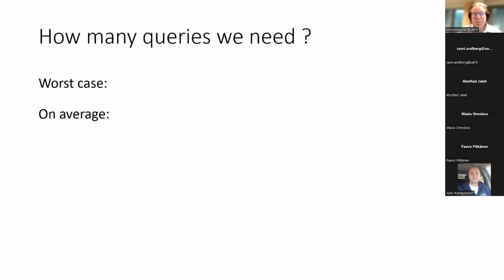Okay, maybe just a refresher. For this unstructured search, can one of you tell me how many queries we will need to find the one with certainty, from the table?